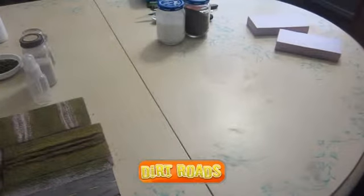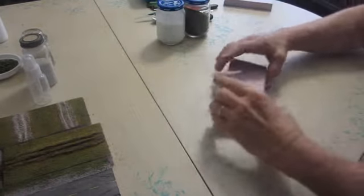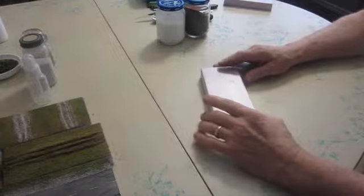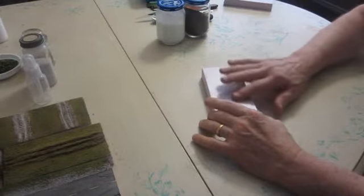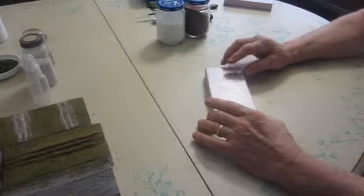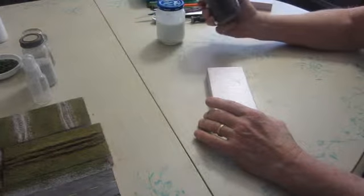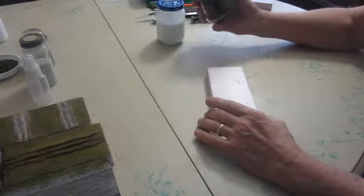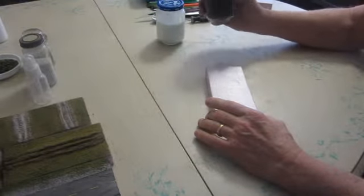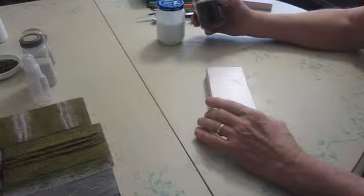Right, we're going to begin our country roads with a dirt road. Going to use this to represent my sub-base. You can color it if you want. The secret to making a dirt road, which will be our first road, is dirt. This is dug up from my backyard near a cottonwood tree. It's fairly dark, but we don't worry about the color too much because with our chalk we can make it